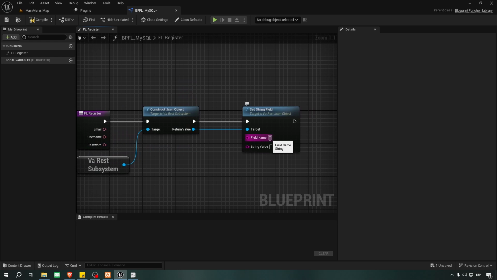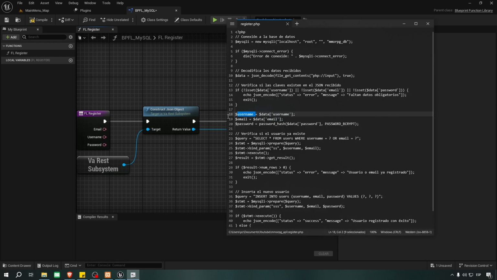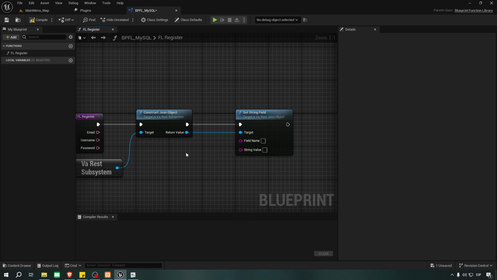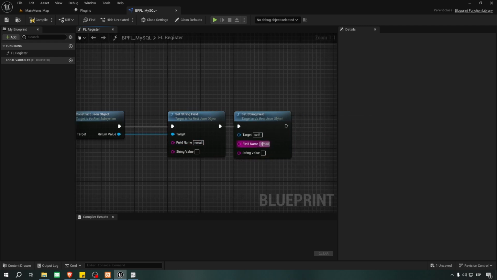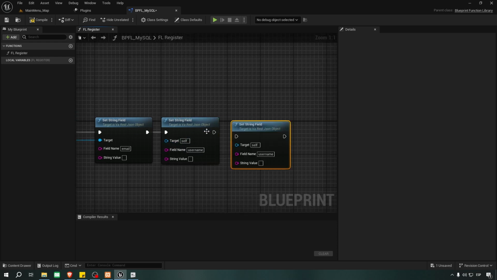Okay, first I want to set up in this order. It's not really important. So we can put email, we can put username, and we can put password,